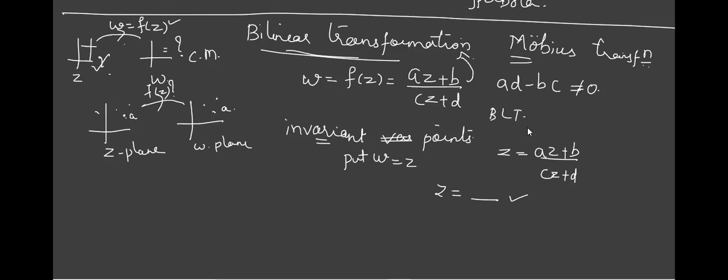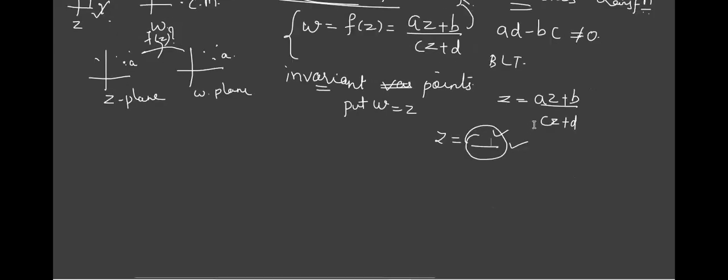So the usual question will be, they will give some 3 points in the Z plane and 3 points in the W plane. They'll ask you to find the bilinear transformation and also the invariant points. So the major thing is finding the bilinear transformation. You find this entire thing, and later you just replace your W by Z, get a quadratic equation, and solve it. The values of Z you get are the invariant points. Is the procedure clear? Or are the definitions clear to you?